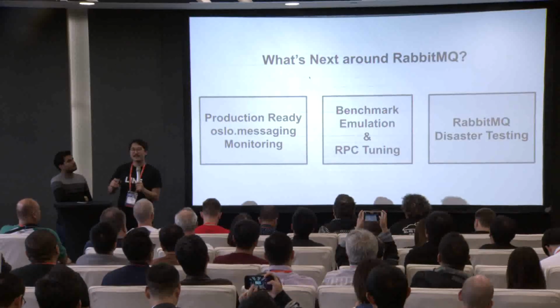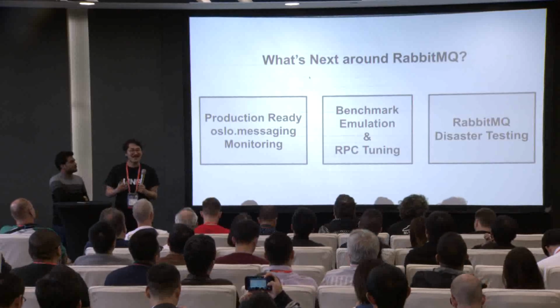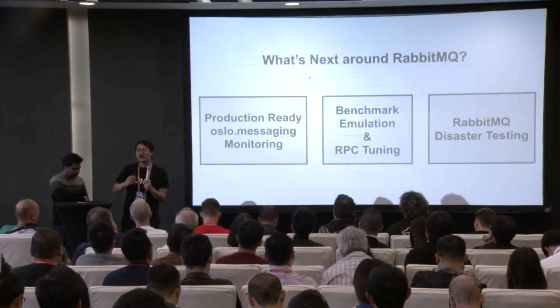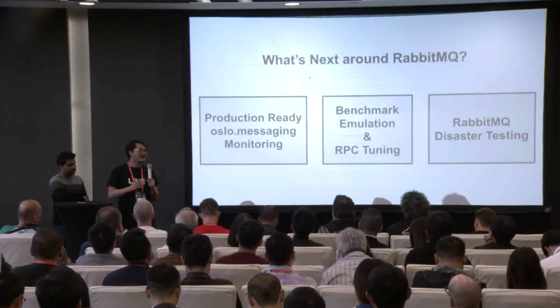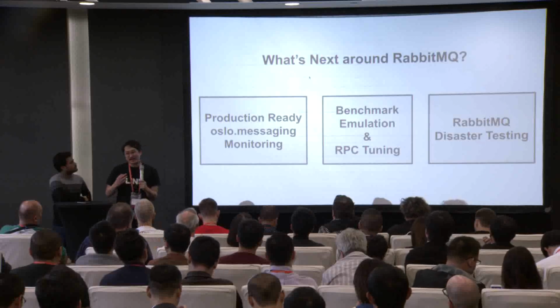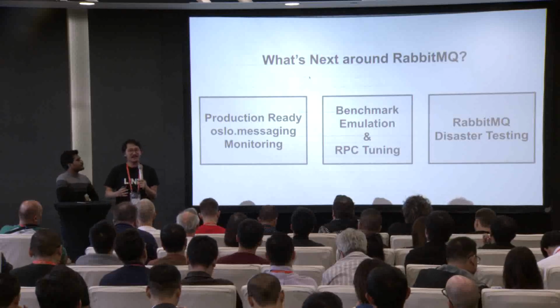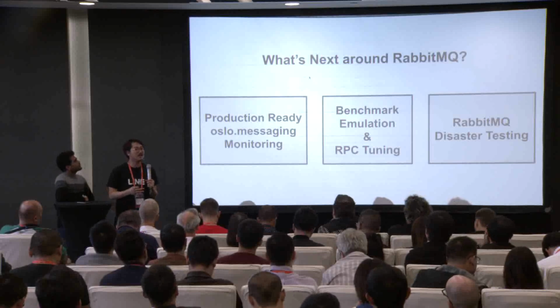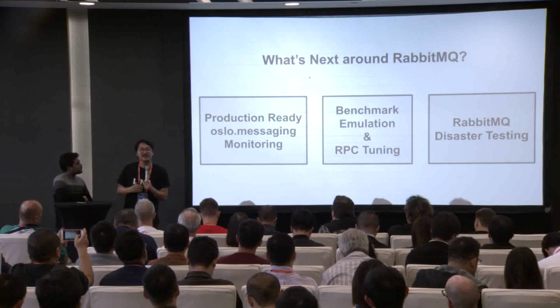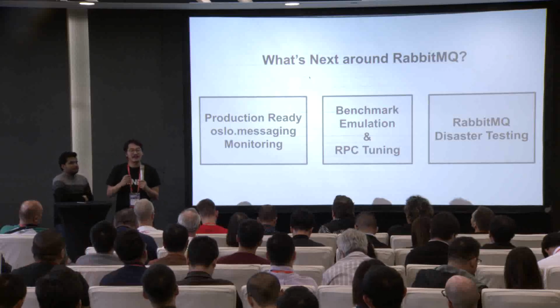So far we've explained what kind of outage we've experienced, and also how we actually improved, and what the current RabbitMQ deployment architectures are. And then we also introduced monitoring activity, including the POC of the Oslo messaging library behaviors. So in this slide, I would like to explain what we will work on in the next 1 year